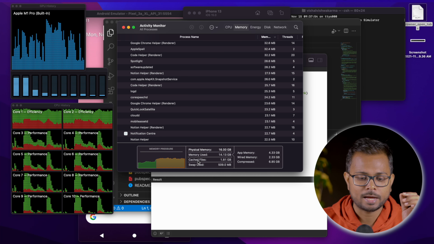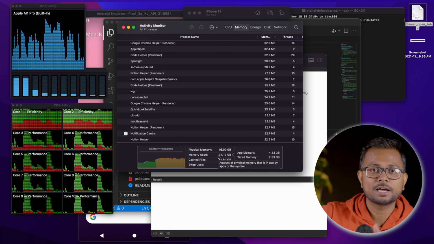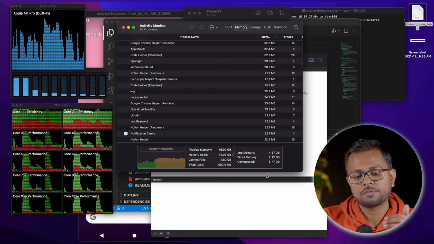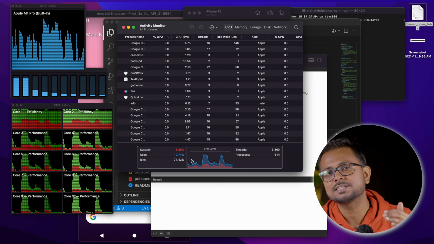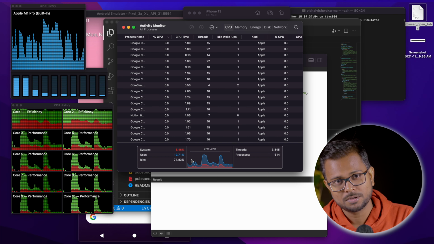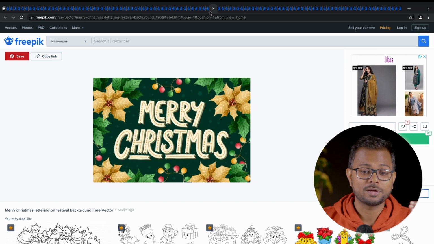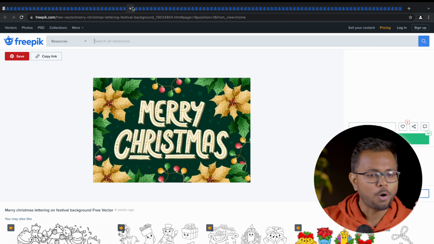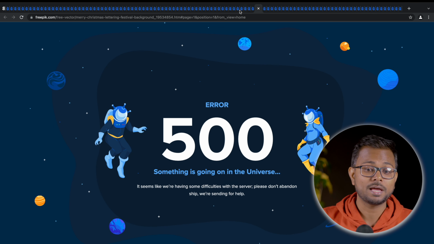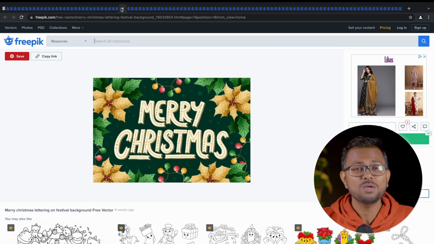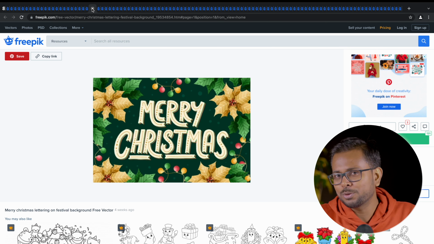If we have a look at the activity monitor, the memory consumption is moving around 14 gigabytes, with swap memory just started at 500 megabytes. If we get into the CPU monitor, we can see that there's an idleness of 70%. That's huge. Even though we are opening 165 tabs, you can see that all the tabs are pretty functional. There is no lag in opening any of the tabs. If you try to open any one of the tabs, it's really easy. That's real snappy and no issues.